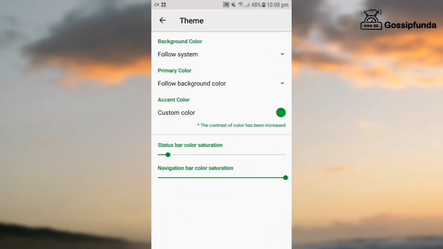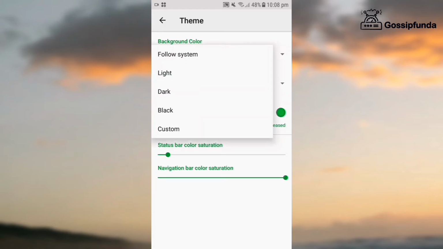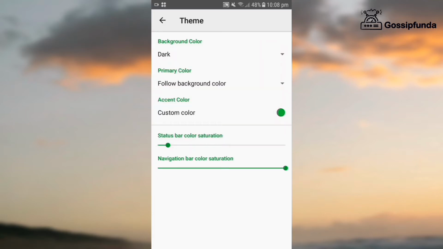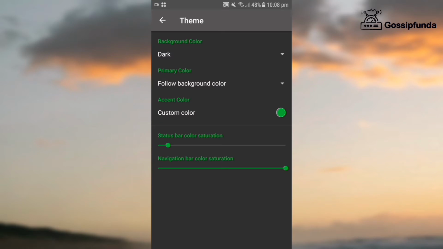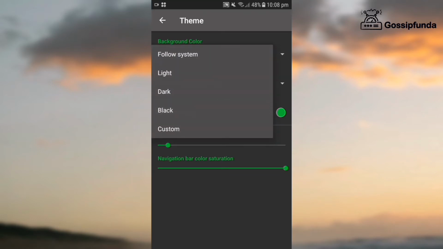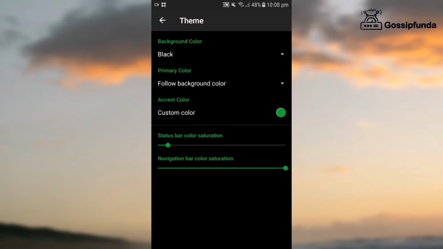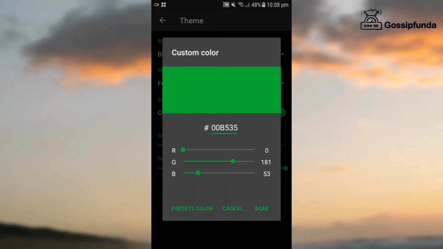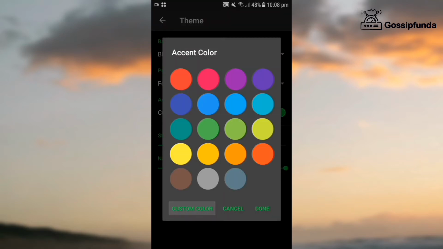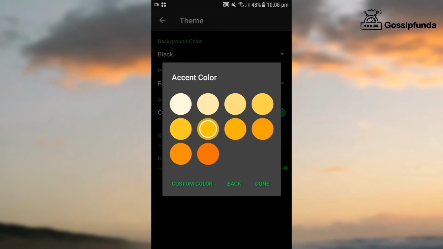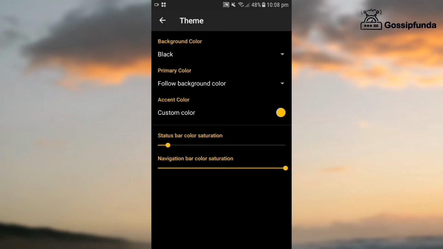Here you can choose your theme as per your requirement. Now I'm just going to keep it at dark mode. Even you can change its color. You can see you get templates here to set a color theme also. That's all.